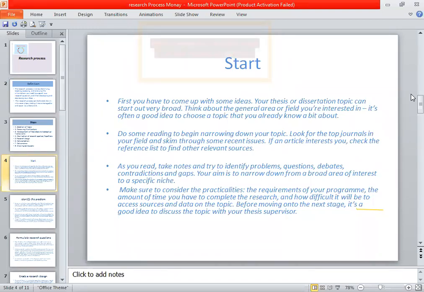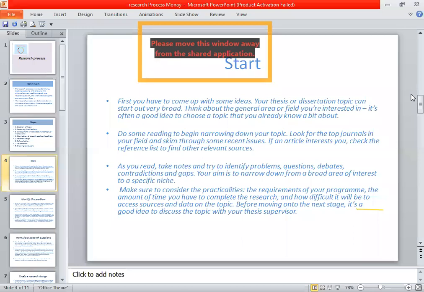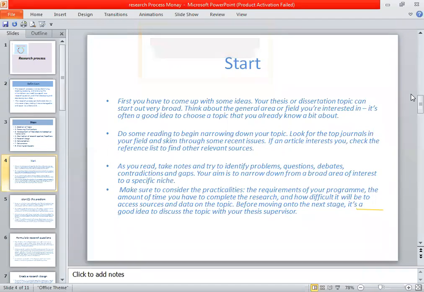You will have some ideas, some interests. What will you do with them? Your thesis or dissertation topic can start out very broad. It means that you will start from a research problem. You will identify some type of problem, a very broad problem. Then think about the general area or field you are interested in. First, you have to describe. You have to select the area, a big problem, and then the area of your interest in that